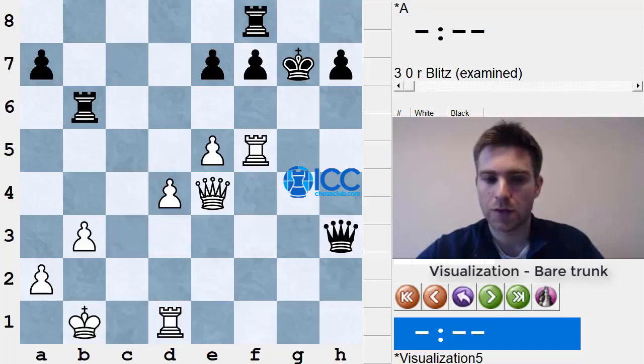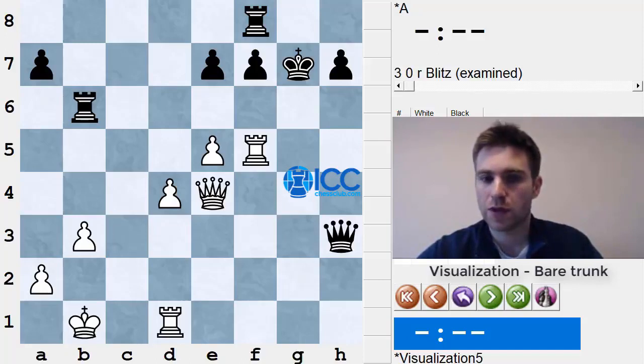You can go rook c3 now, check. Our king goes to f4. So now the king is traveling all the way to the other side of the board, and black still has checks. He has queen f2 check. Now we should go king to g5. That's the only move, to hide away from checks on the h5 square. And in that position, where black has his queen on f2 and the rook on c3 and we have our king on g5,